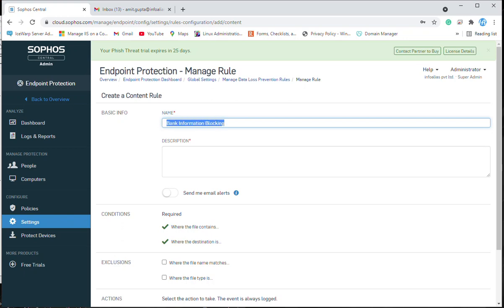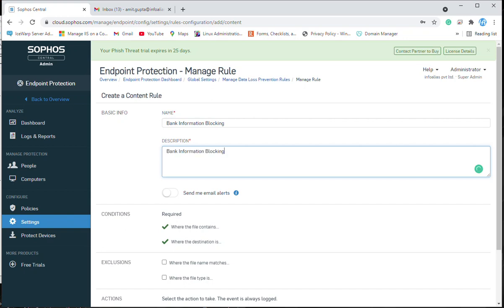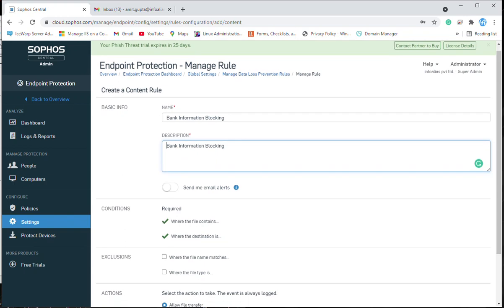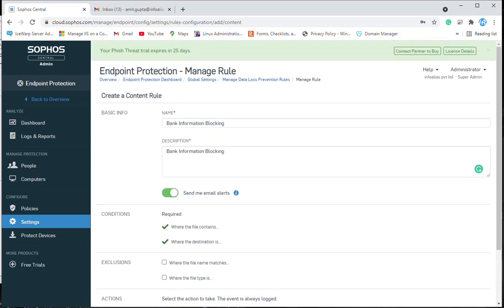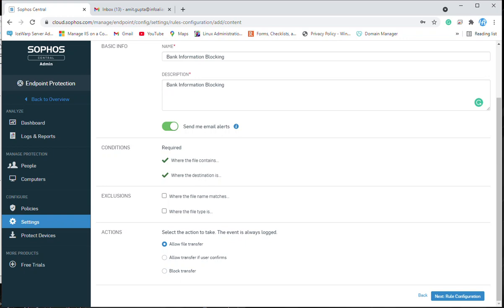You can also mention the description, because this is an important part, you cannot miss it. Here if you want an email alert, you can put the check, so the alert will be delivered to the end user or the administrator. Next is conditions. First we specified the name, second is the conditions.